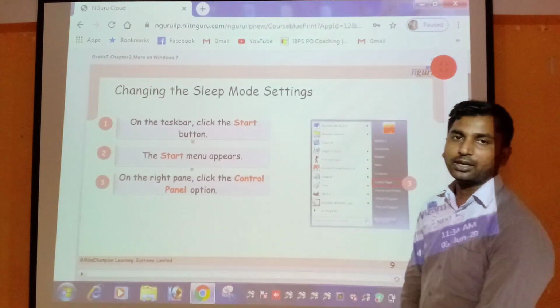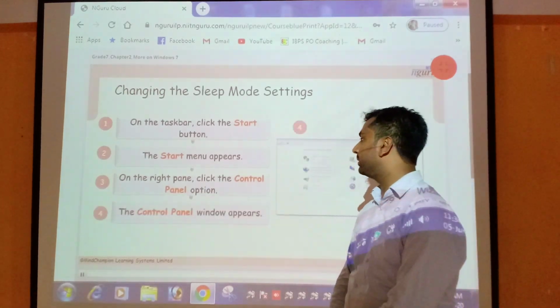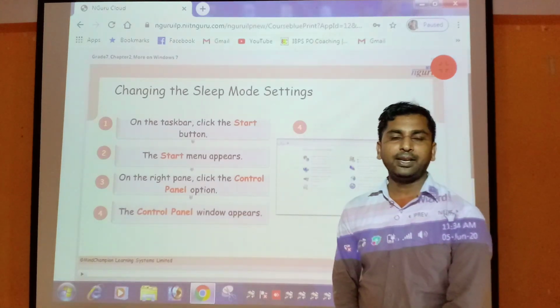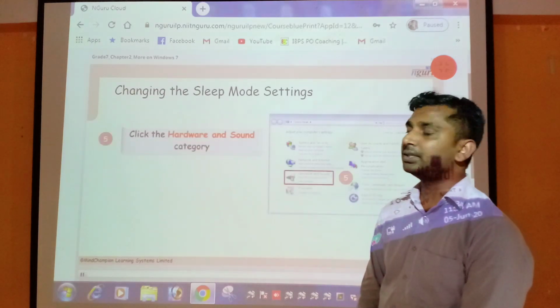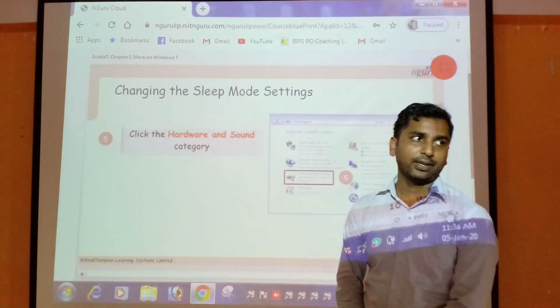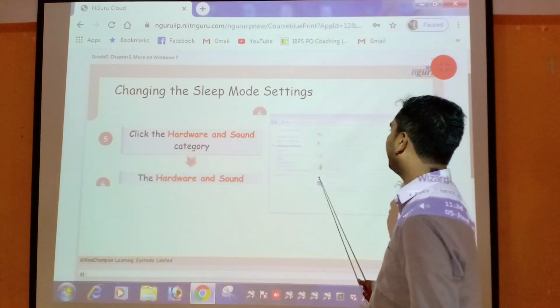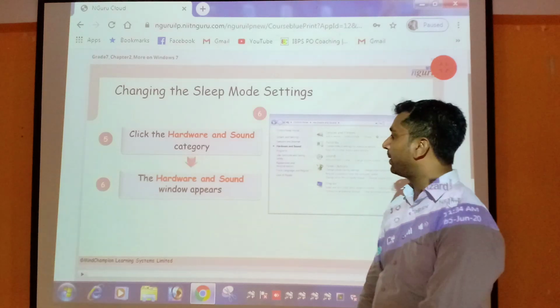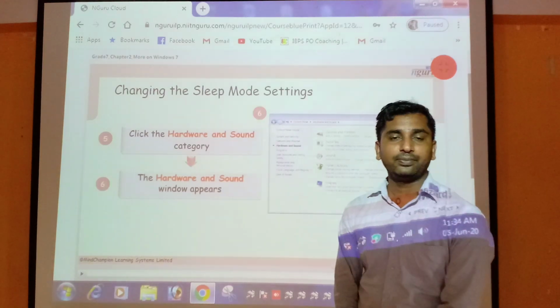The control panel window appears on the screen. After that, click on hardware and sound category. The hardware and sound window appears on the screen.